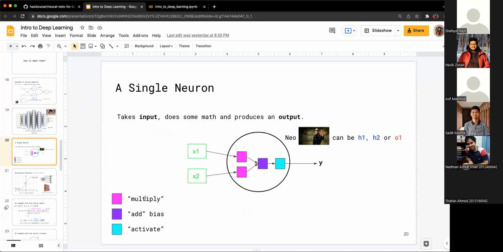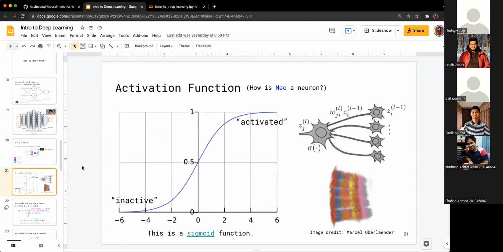So we all know what multiply is and what add is. Let's look at what activate is. Activate is inspired by neuroscience, where our brain has neurons and given a certain condition, it fires, right? The activation function also works in a similar fashion, where given a neuron and you pass it through an activation function, it's going to give you either a high value or a low value.